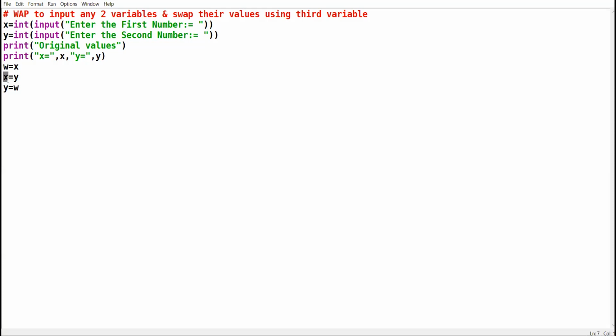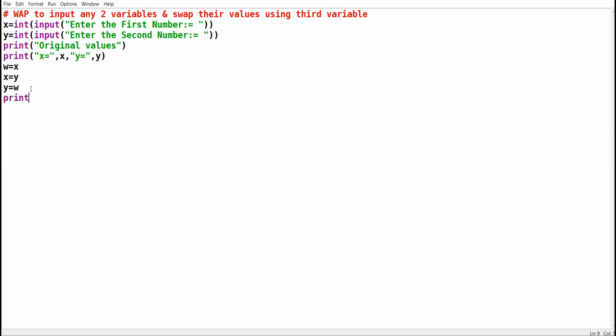Now x becomes 20. Now w has given its value to y. W was having the value of x, that is 10. Now y becomes 10. Earlier x was 10. Now y is 10. Earlier y was 20. Now x is 20. Okay.